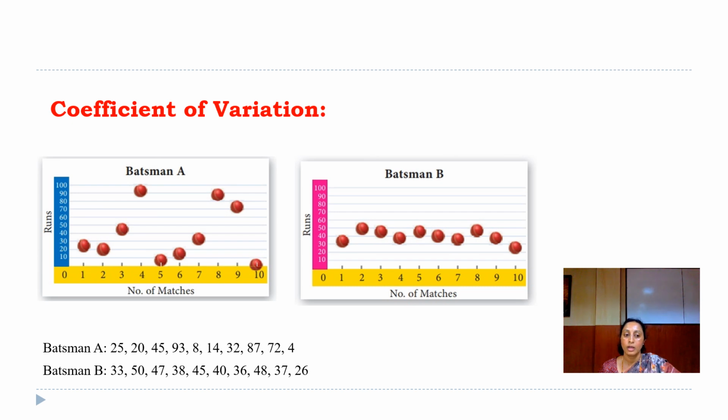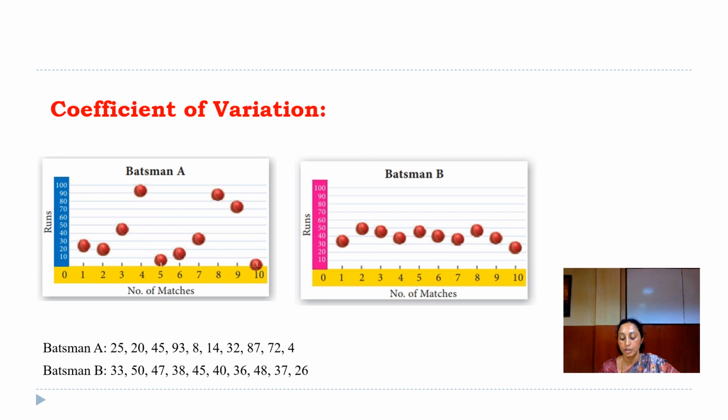In this video, let us understand about coefficient of variation. So here is an example, runs scored by batsman A and batsman B. If you find the average runs scored by batsman A as well as the runs scored by batsman B, both averages will be equal to 40. But if you want to find who is more consistent in their performance, then we have to use the concept